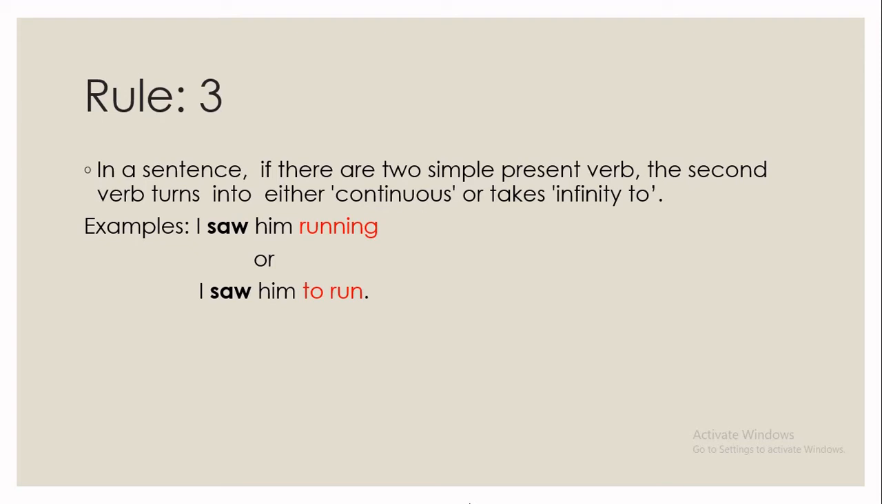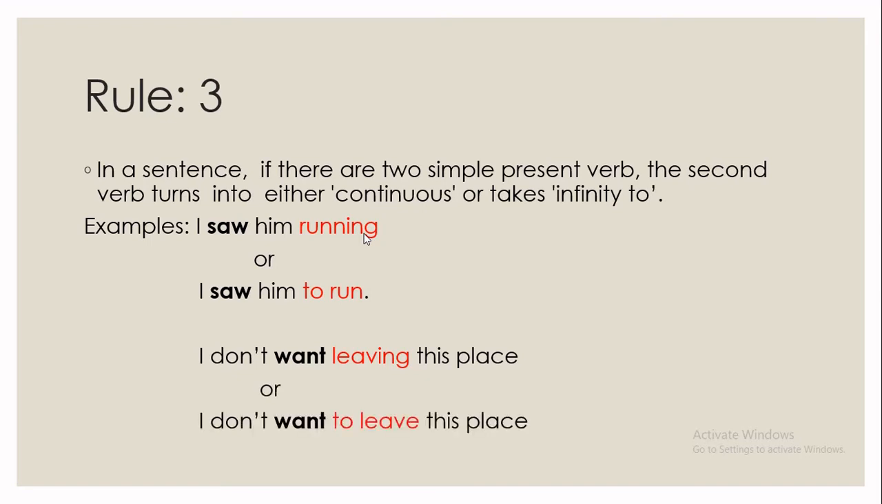Okay, let's see another example. I don't want leaving this place. So want is the first verb and leave is the second verb, and we're using these two verbs in the same sentence. That's why we're using ing with the second verb, which is leaving. So, I don't want leaving this place. Or we can say it differently, that is, I don't want to leave this place. Okay,